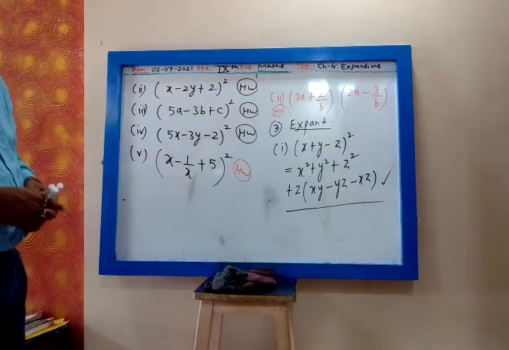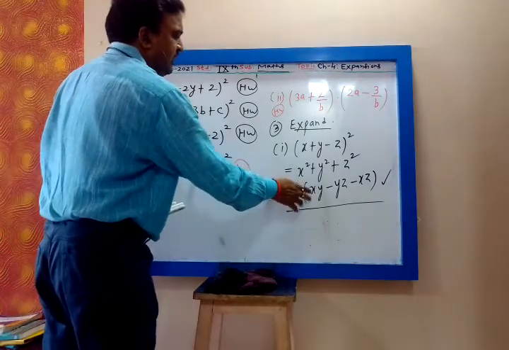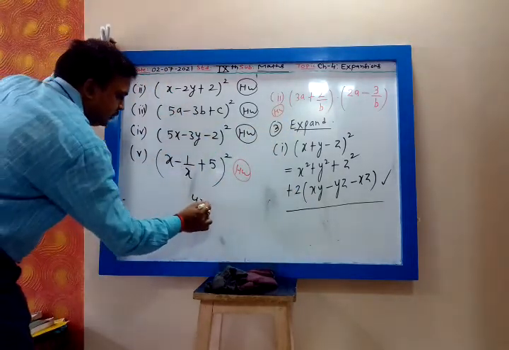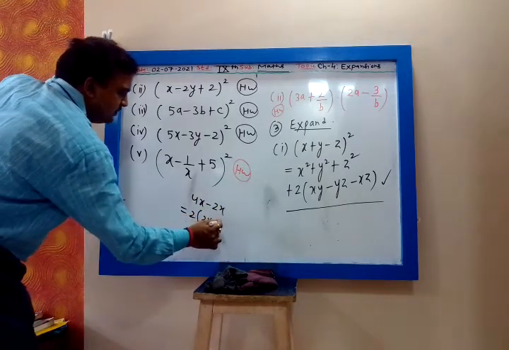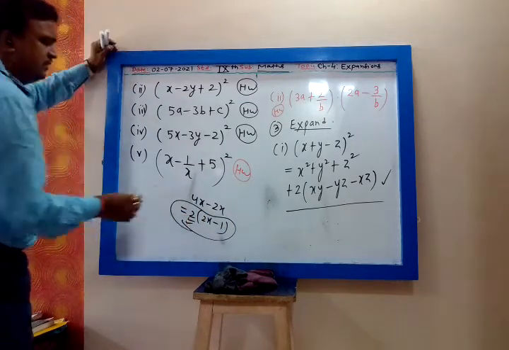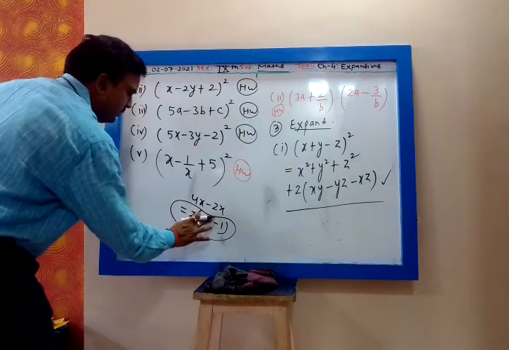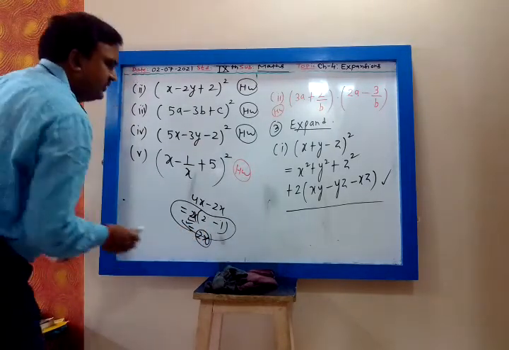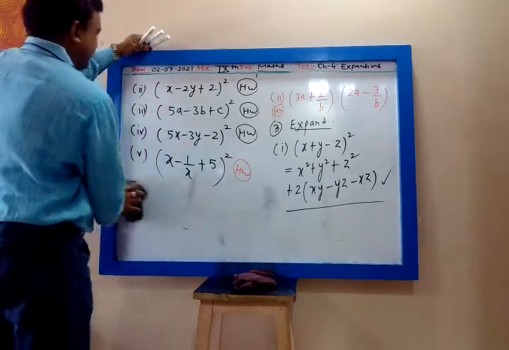Because we do not open the bracket, because when you open the bracket, again you will take 2 common. For example, if it is given 4x minus 2x, then what we do? We take 2 common. This we write 2x minus 1. So when already you have taken common, then there is no need to. Then x will be there. 2x will be common. It will be 2 minus 1. So that will be 2x. So already I have taken common, correct? So already we have taken common. So again no need to open the bracket. You can stop there.